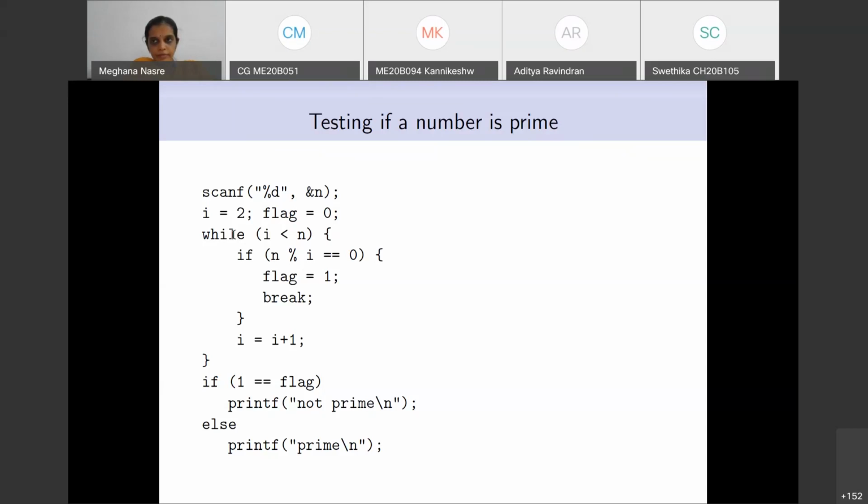Output for which value, ma'am? Which value of n? We are discussing n is equal to 2. Okay, for n equal to 2, then the output will be wrong, no, ma'am. Okay, I went over it, but I'll go over it quickly again. n is equal to 2, i is equal to 2, flag is already equal to 0. Yeah, I get it, ma'am. Output will be correct. Okay, so these are good questions.